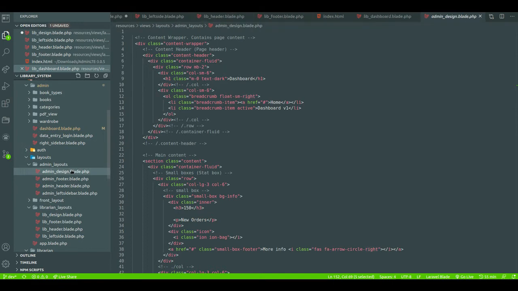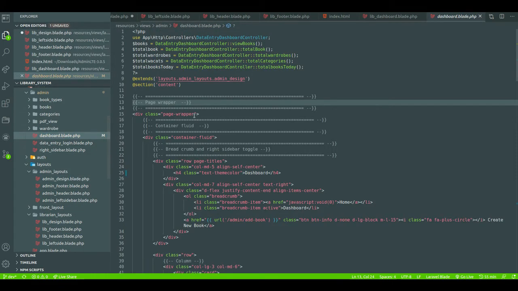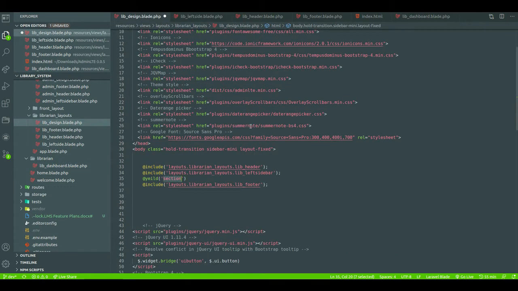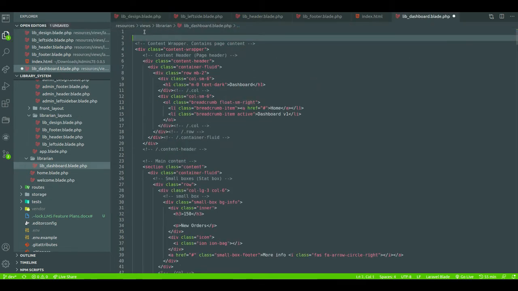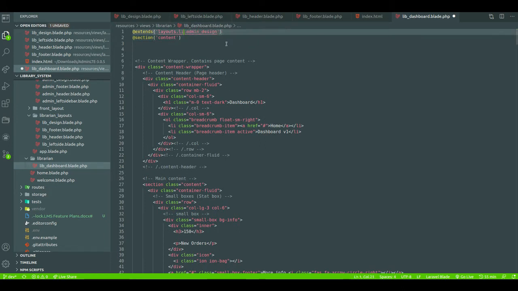Okay, first check the admin, how we are working in that admin dashboard. Admin dashboard means data entry admin dashboard. So we copy this, and we put it here. Okay, and change that to library layouts.